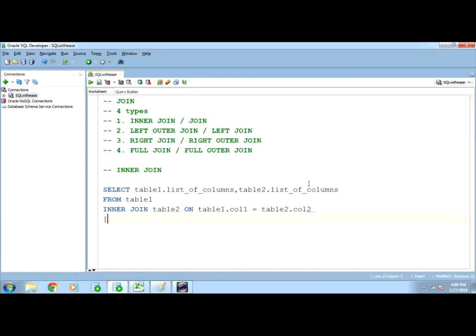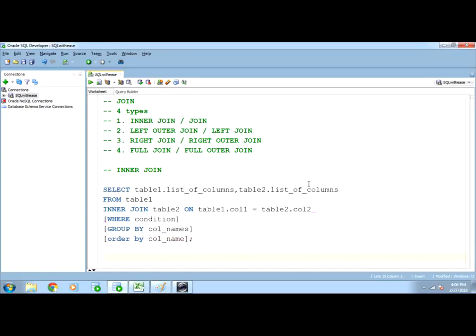After that, optional things are there. WHERE clause you can use, GROUP BY in sequence, after that ORDER BY column name. This is the syntax.